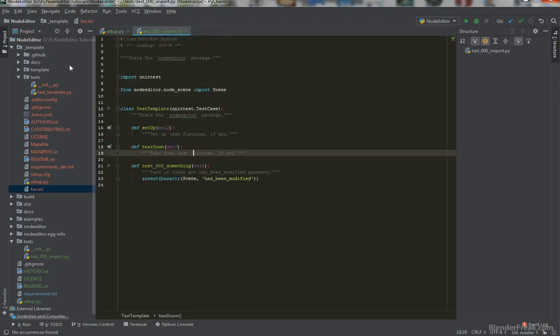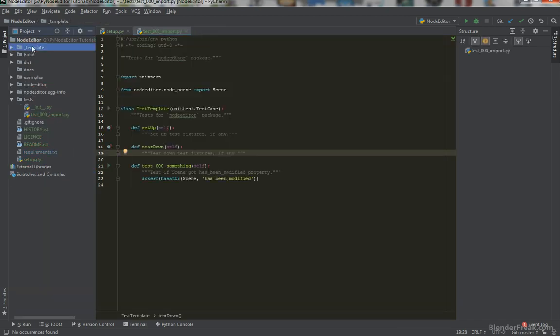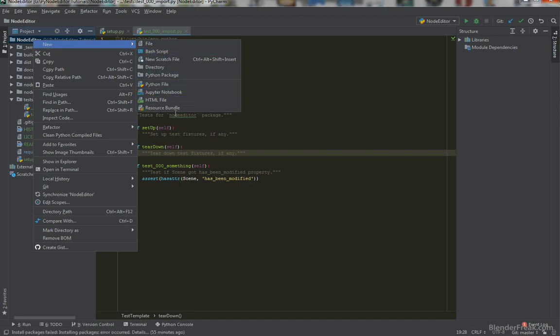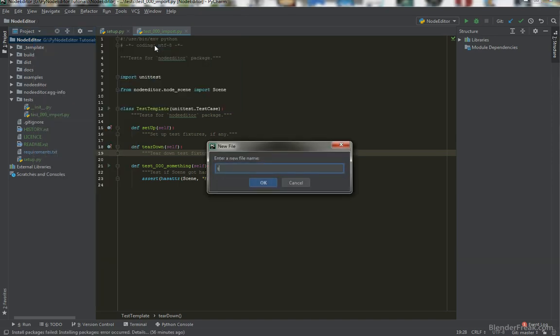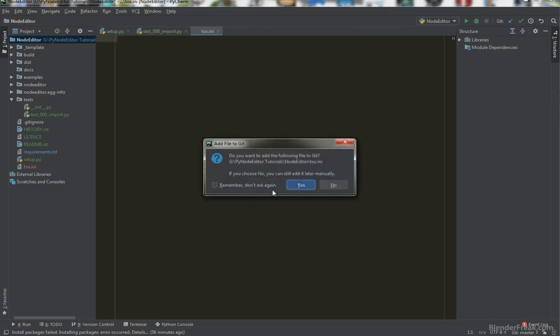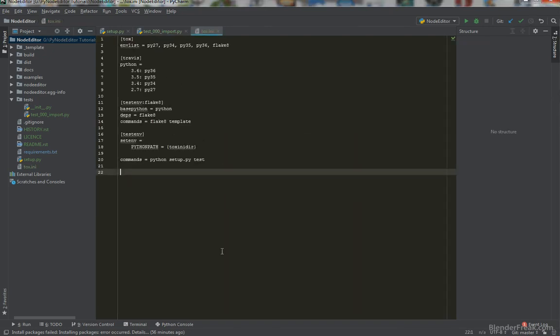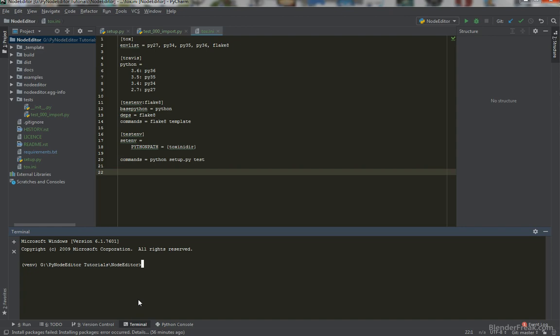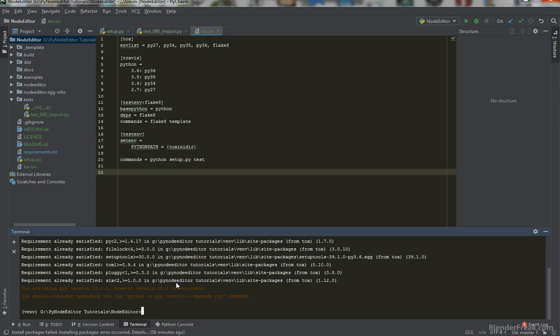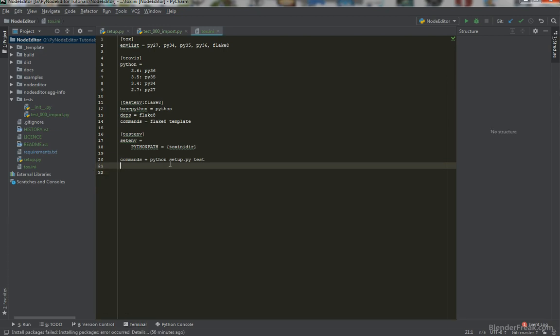So let's copy that and let's install tox also. So import new file tox.ini, add this file, fire up terminal, pip install tox, and once you get it, we can have a look how the tox actually